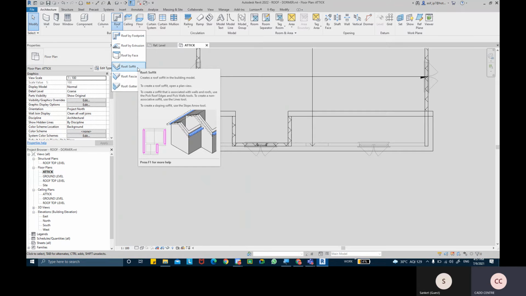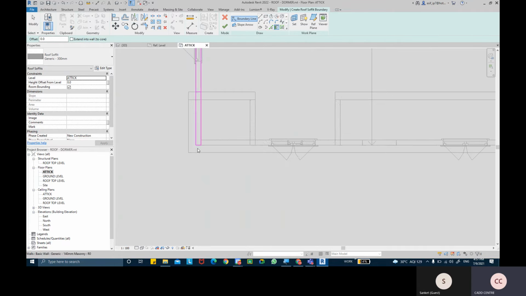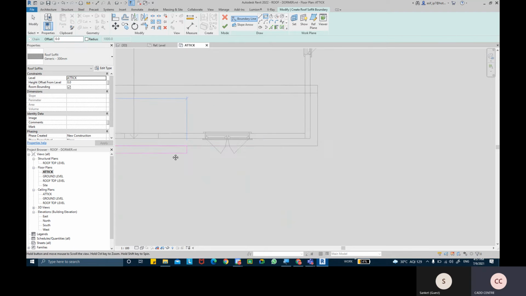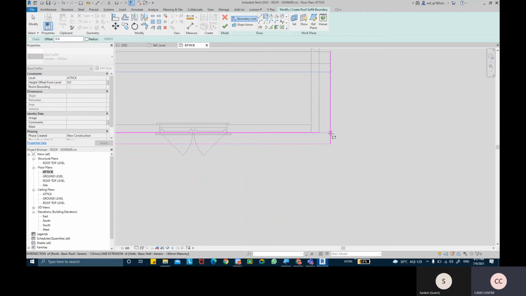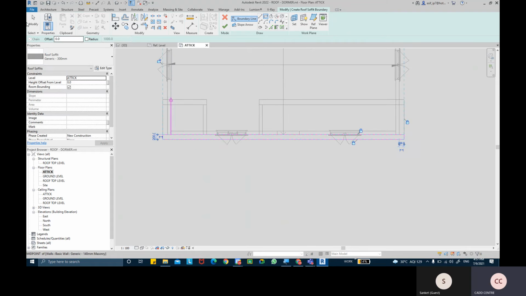When you take the roof soffit command from here, it will tell you to sketch the roof soffit lines. So I might sketch a line. I'm going to take a rectangle shape over here. I might sketch from this end point all the way till this end point over here. You can even lock these lines, just in case you stretch or offset your roof in future, it might also change. Right, so we have these lines on this entire rectangle, and then I'm going to hit finish mode.